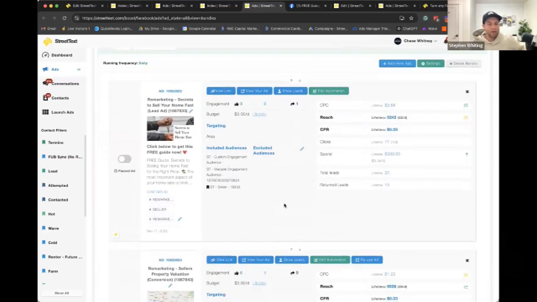And the reason that's so powerful is that for $3 a day, so not a lot of money, but you could make it $1 a day if you wanted. But for $3 a day, Chase is essentially staying in front of every one of his sellers every day with different content, and it's rotating. And so even if people never ever click on the ad, just like Ashton described at the very beginning, it's like a billboard ad or a bus ad. Those sellers are going to see you and they're going to see your brand on an ongoing basis.